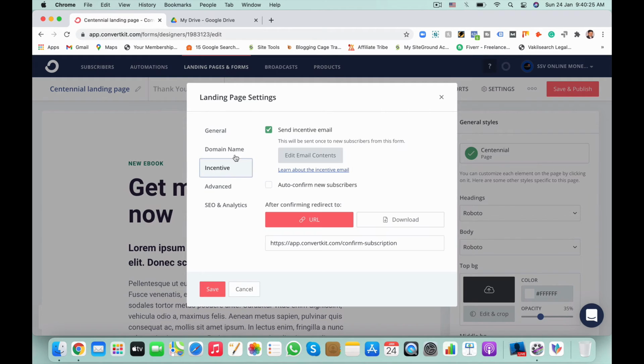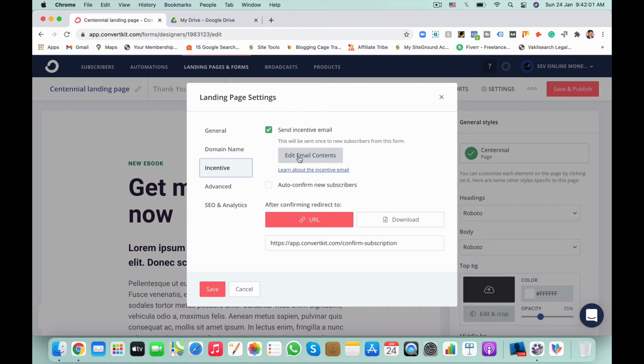The incentive email is a kind of two-way authentication. We don't need it, because once the user has subscribed, the email confirmation will be sent to the user, and if the user did not see the email, it will be lost.